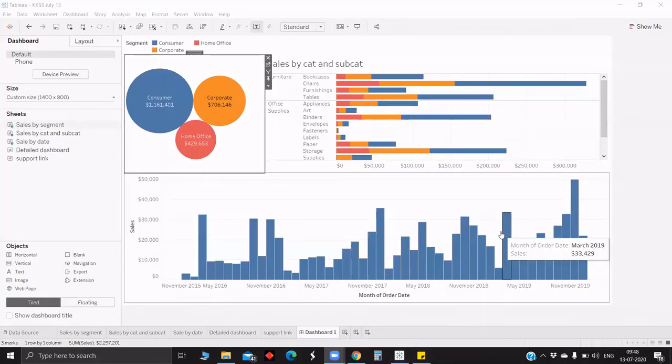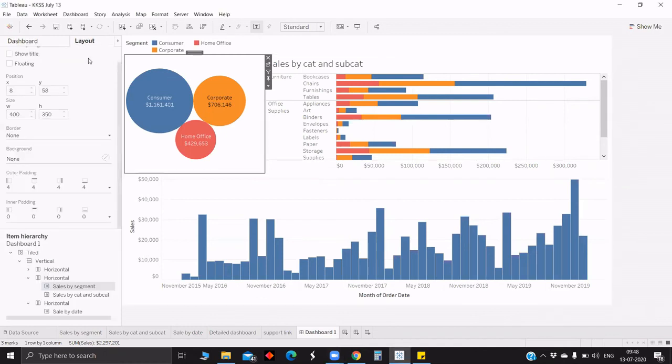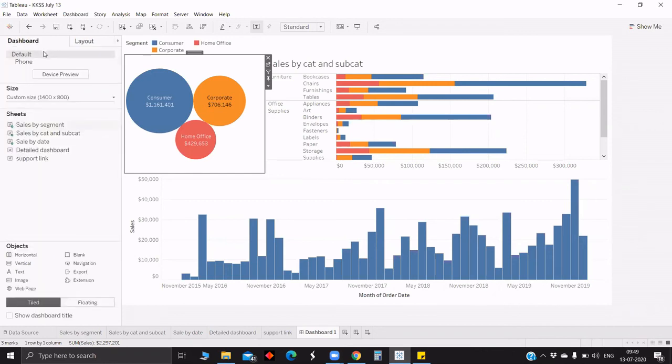Sorry, I have a question. Once you get the viz done with the layout, is there anything that we need to know about editing the layout of a dashboard? Because I think it is good. There's a lot of flexibility and a lot of control it seems to be offering, which is a very nice thing. So when you want to edit, have you faced any issues? What are the things to keep in mind?